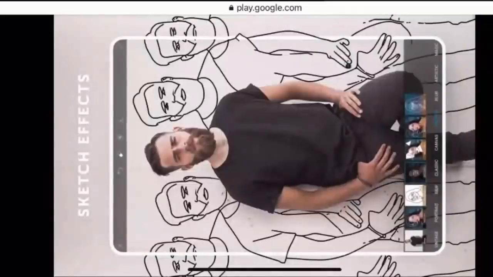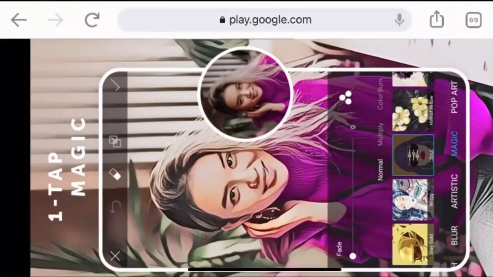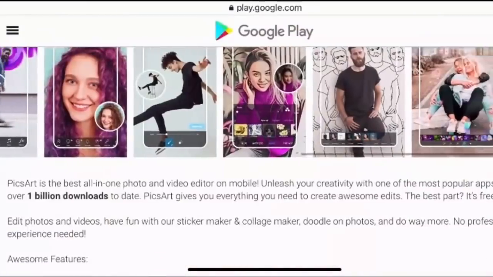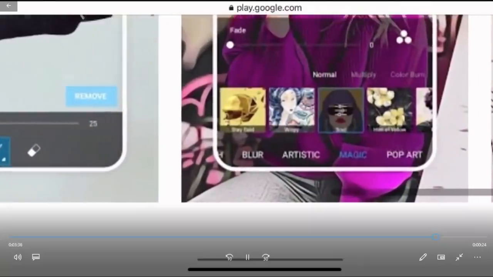How to use these, guys, I have already told you. There will be different types of icons. You just need to understand how to use that. There will be a tool icon also. You can see over here. From here you can do blur